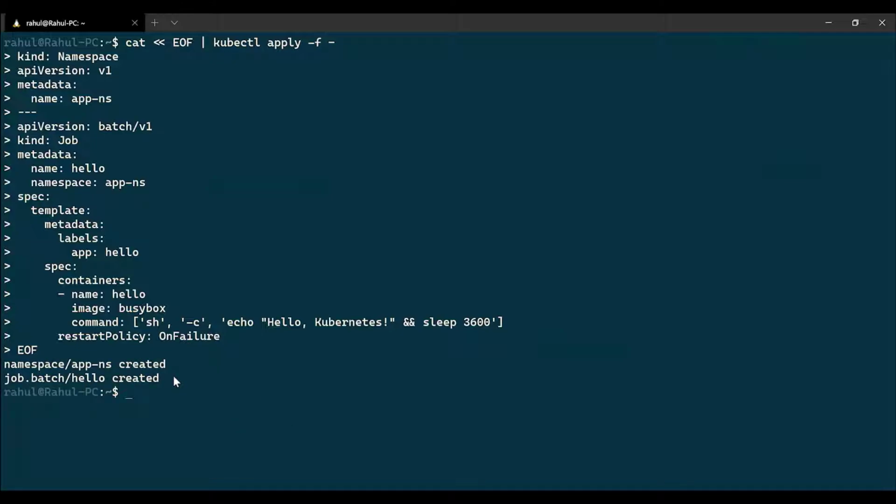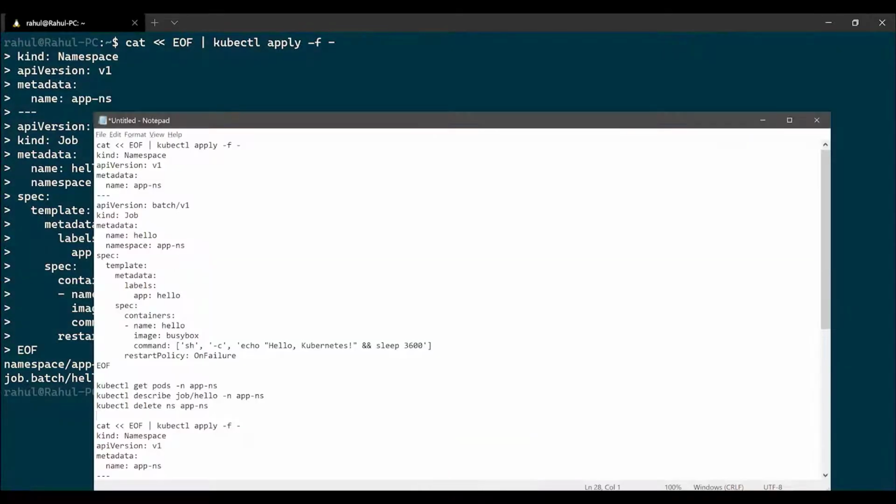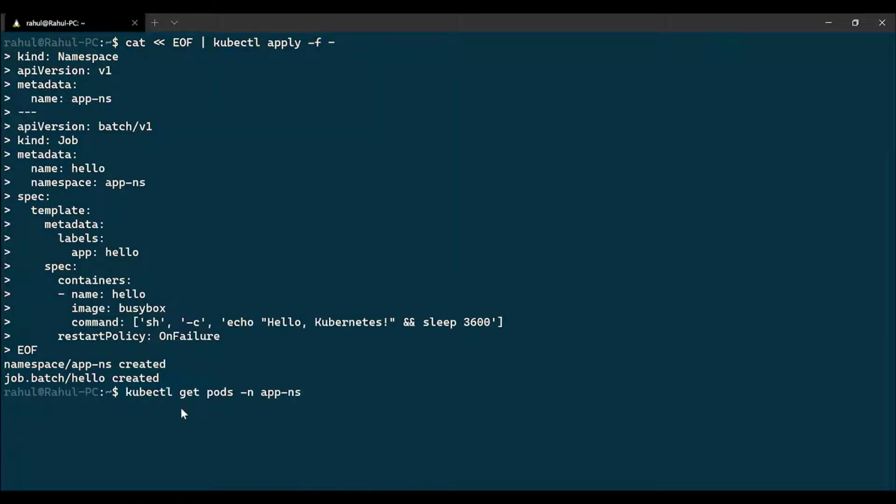When you execute this policy, you would see that it did create two resources, but did it actually create a pod? So in order to check, I will try to fetch all the pods within the namespace. You would find that there are no pods created under the namespace, even though we instructed it to.